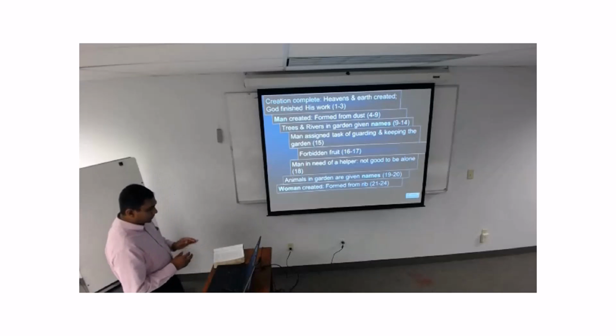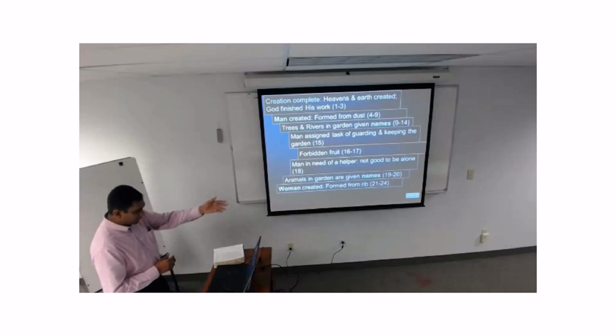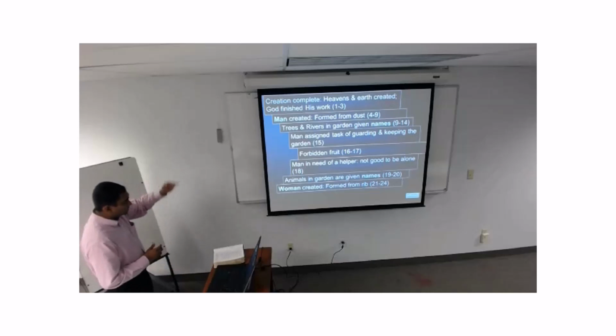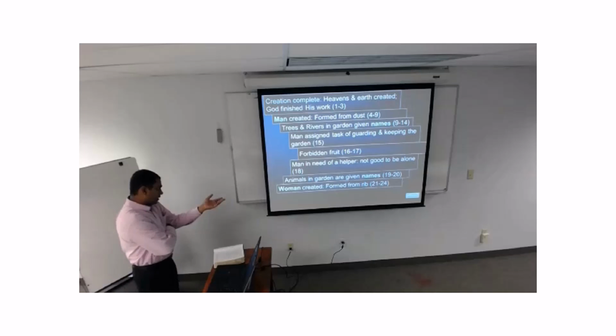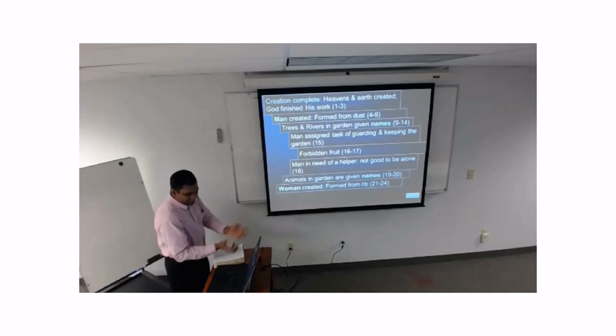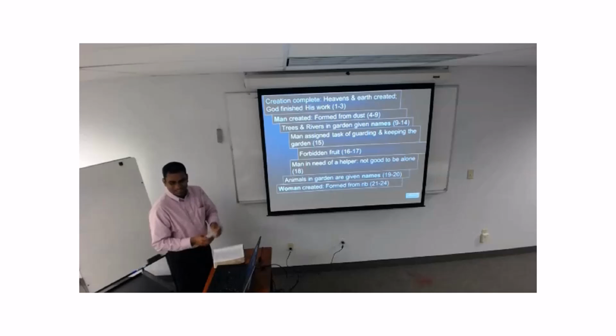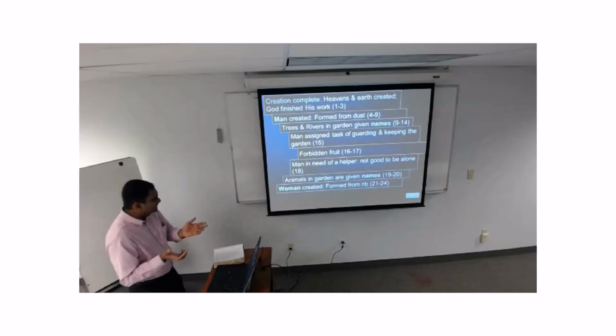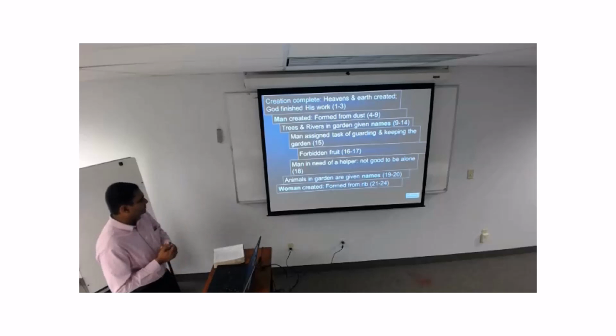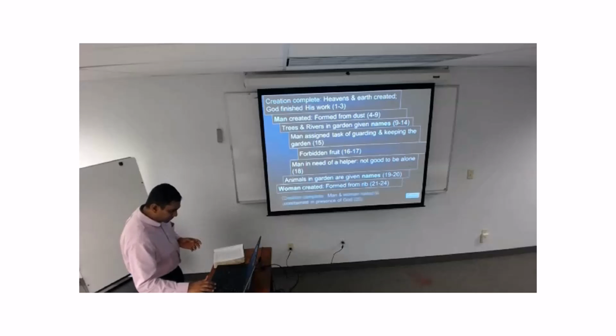And then you have the woman created in verses 21 to 24. Again, chiastically, if you look back, the man's creation, now you have woman's creation. And she is obviously made with a lot more care and detail. Man is just dust, but the woman comes off of a surgery, a divine surgery, as Adam goes under, and then you have the woman created.